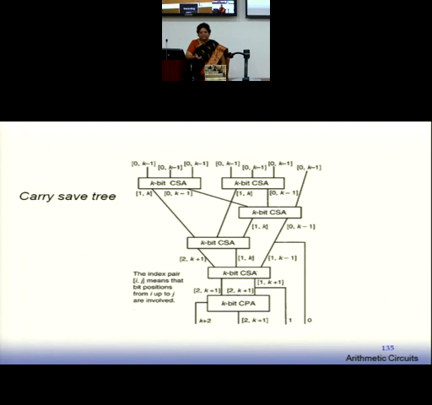How will you implement? Convert the algorithm into an implementation. The carry save tree is a block level implementation. K bit CSA: 1 bit CSA means 1 full adder, K bit CSA means K full adders, and every full adder takes 3 bits as input and produces 2 bits as output.